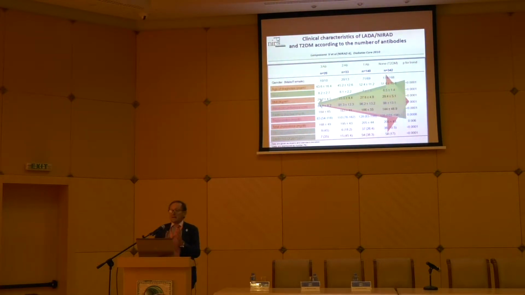So I think this is a clear demonstration that LADA is a different form of diabetes to type 2 diabetes, to classical type 2 diabetes, and also to type 1, because the large majority of these patients do not need insulin. They are autoimmune, some beta cell dysfunction, but they don't need insulin to start their disease. They will become eventually type 1 classically in terms of insulin treatment, but it will take around 5 to 10 years, depending on how other factors may play a role in the progression.